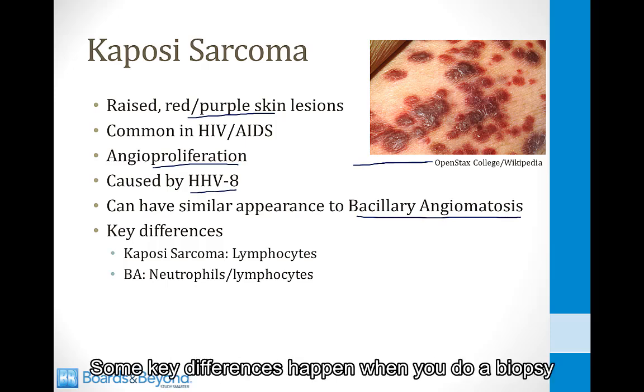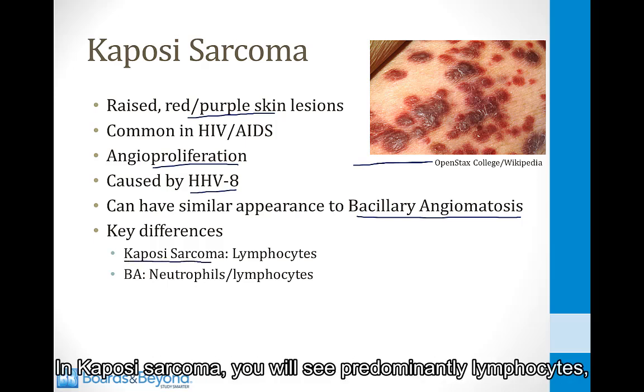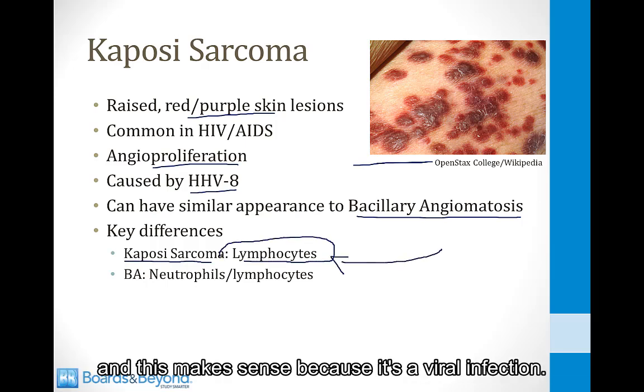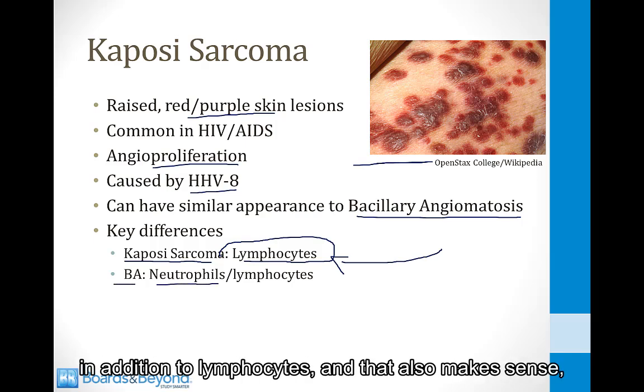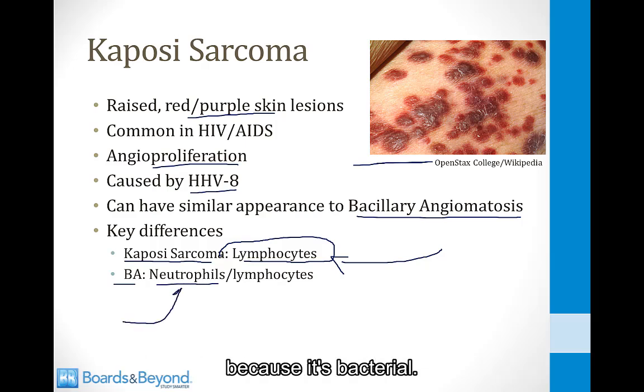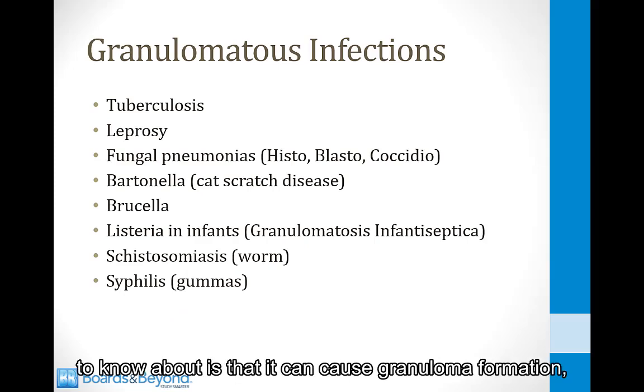Some key differences happen when you do a biopsy and look at the lesions under the microscope. In Kaposi sarcoma, you will see predominantly lymphocytes, and this makes sense because it's a viral infection. In bacillary angiomatosis, you can see neutrophils in addition to lymphocytes, and that also makes sense because it's bacterial. One other special feature of Bartonella infections to know about is that it can cause granuloma formation, and this is